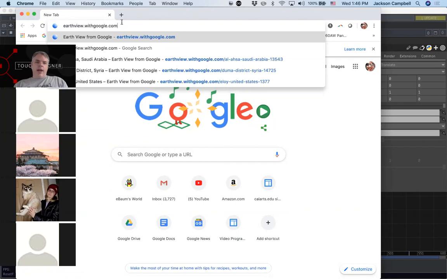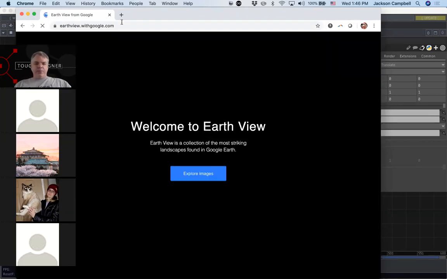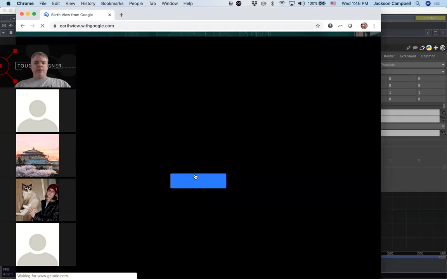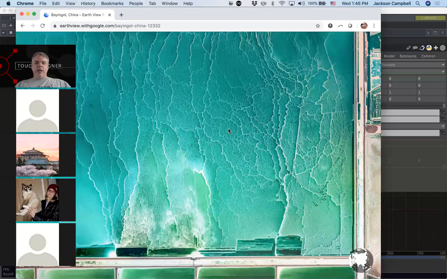So click on that, and it'll bring up a splash page, and then you say Explore Images,